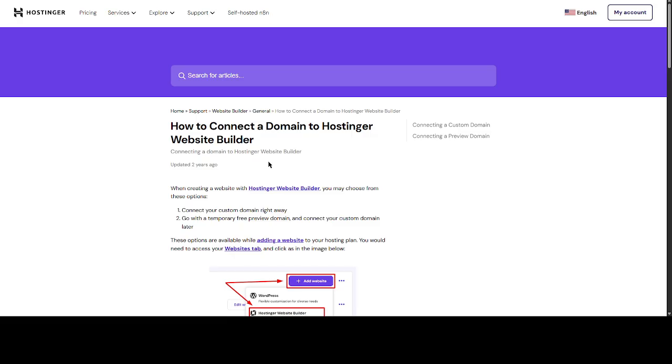Let's begin by logging into Hostinger's hPanel. You'll want to start by opening your preferred browser and navigating to Hostinger's website. Once there, you'll see the login option, typically at the top right corner of the page. Click on it, and you'll be prompted to enter your login credentials. Securely type in your email and password, and then hit the login button. If it's your first time logging in, make sure you've created an account and verified your email to access the